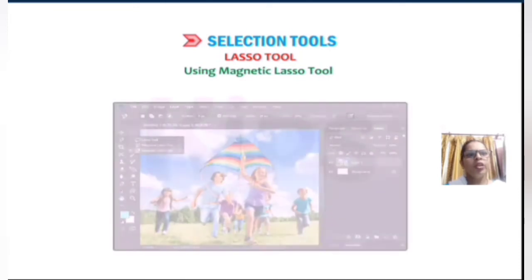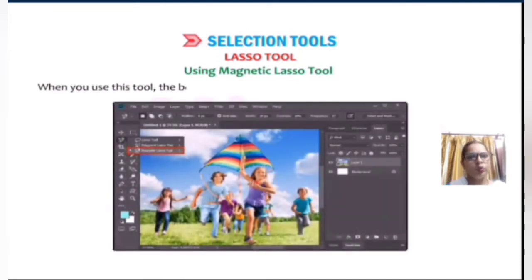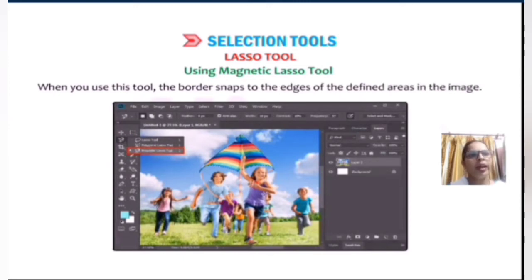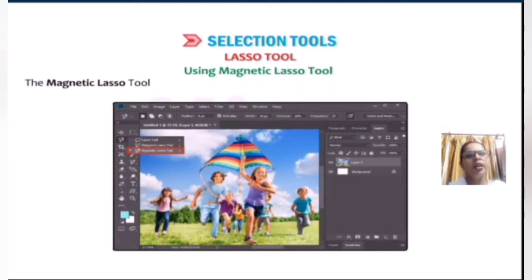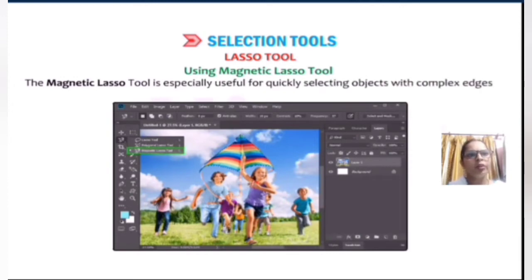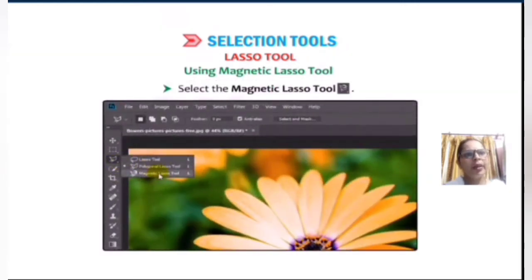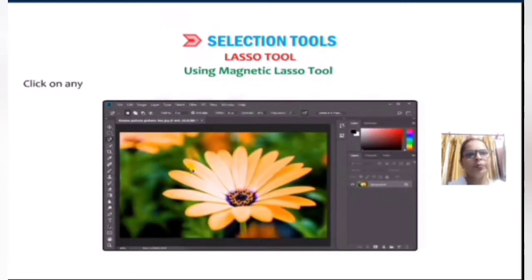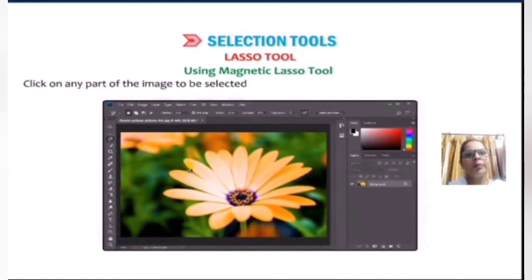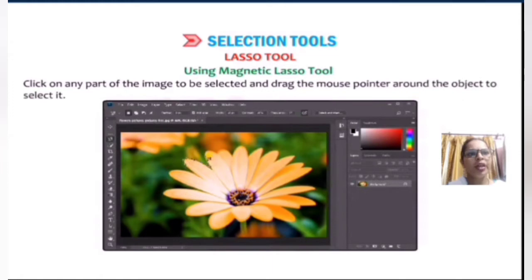Now using the magnetic lasso tool. When you use this tool, the border snaps to defined areas. The magnetic lasso tool is especially useful for quickly selecting objects with complex edges set against a high contrast background. Select the magnetic lasso tool. Click on any part of the image to be selected and drag the mouse pointer around the object.